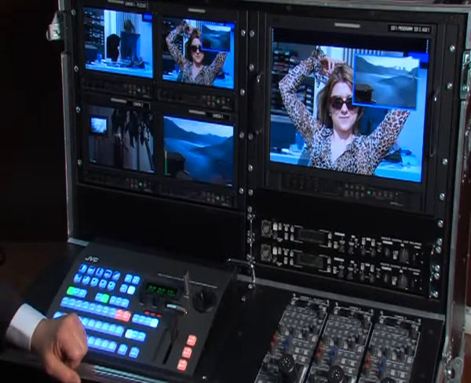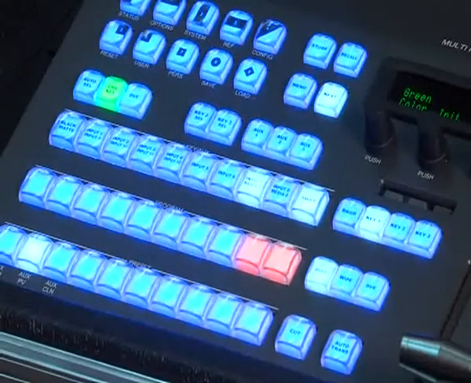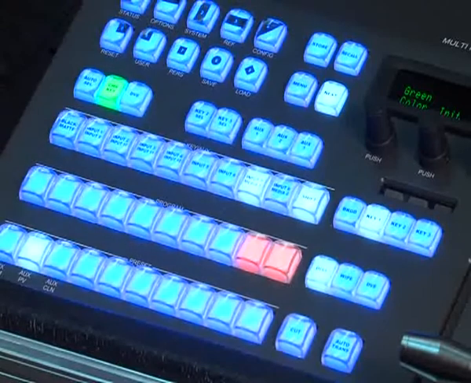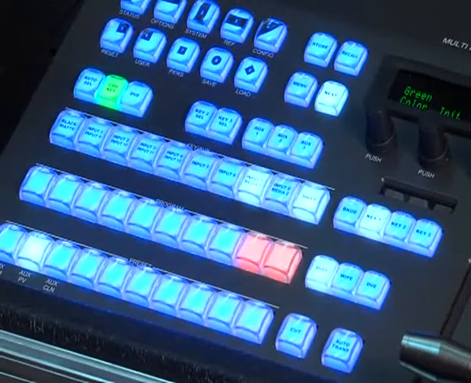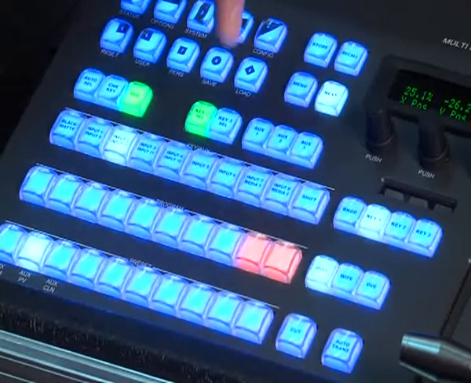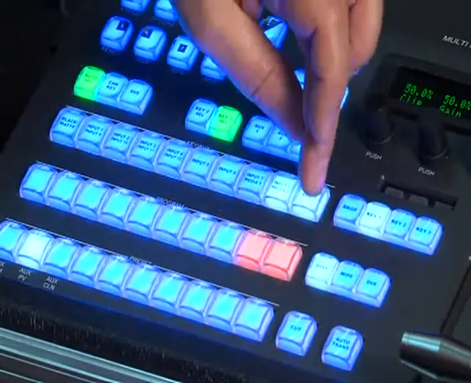external equipment. If you want to assign a source to keyer number 1, you just press key number 1 and then you can assign a source to key number 1. Alternatively, you can press key number 2 and assign another source to key number 2, and you can press key number 3 and assign yet another source